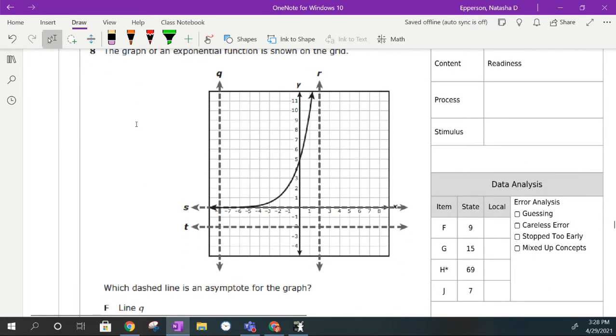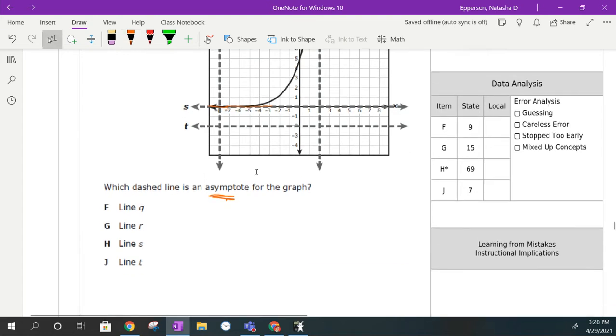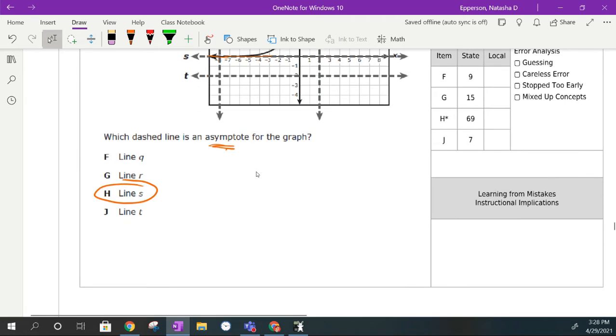Same TEAK, we want to know graph the function, which is the asymptote for this function on the graph. Asymptote is going to be the line that the graph looks like it's crossing. It's going to get really, really close, and it's going to look like it's going to touch it, but it's not going to touch it. So in that case, that would give us line S. T is too far